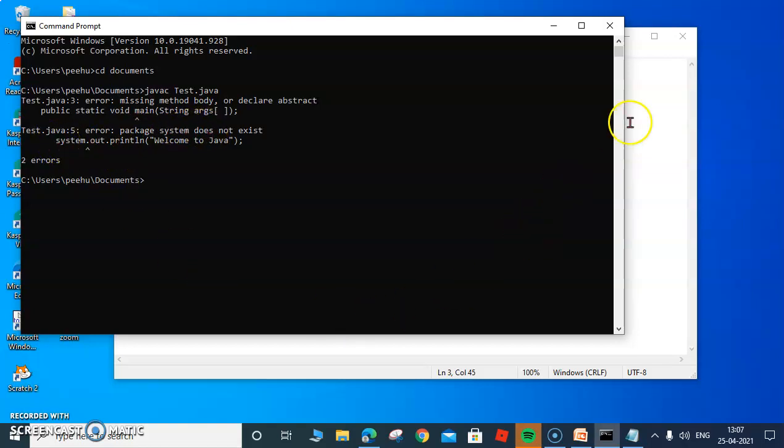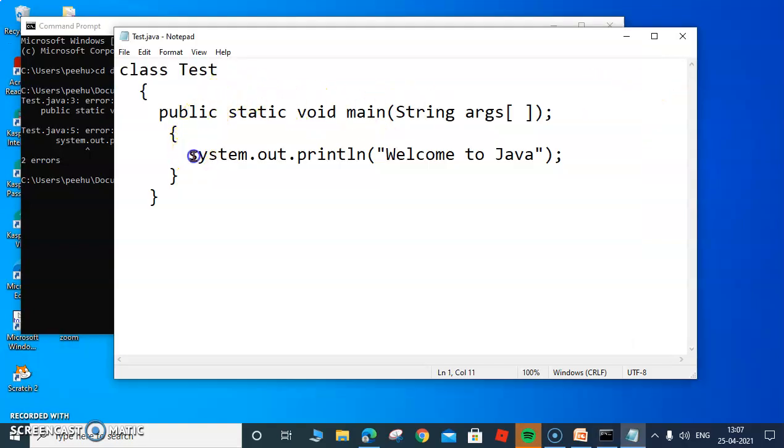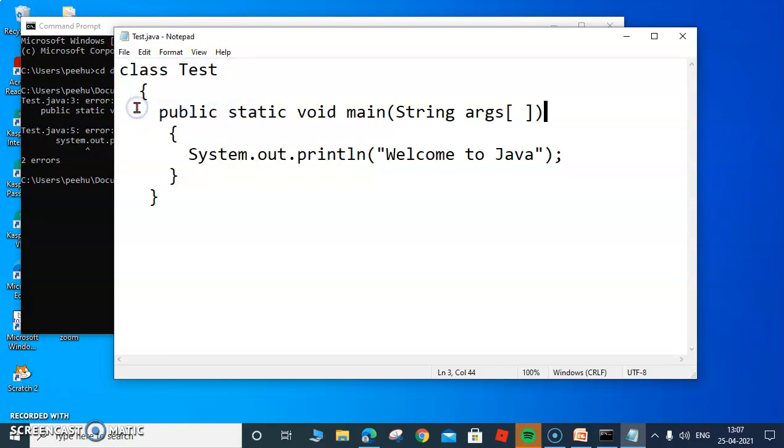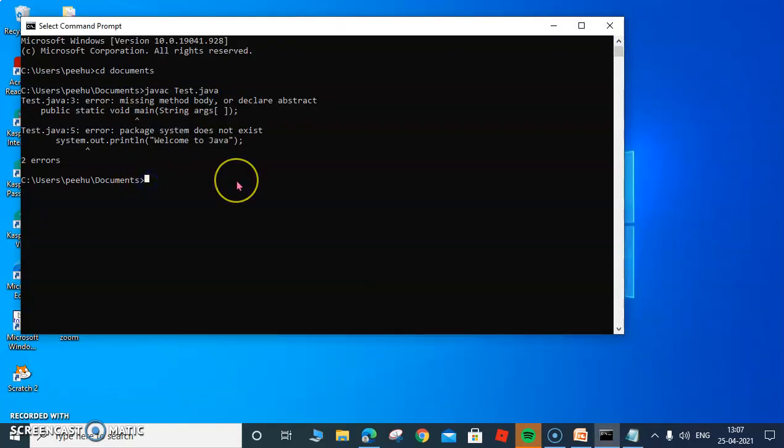So what you will do, go back to your program and make it capital, and the semicolon here was not required, so just delete it. Now once you have made any changes, you have to save it again, so go to File and then Save. After saving, you can minimize. You are still here, just type the command once again to recompile test.java. Once you recompile, look at this, without any error it is coming back to the prompt, which means our program has been compiled successfully.